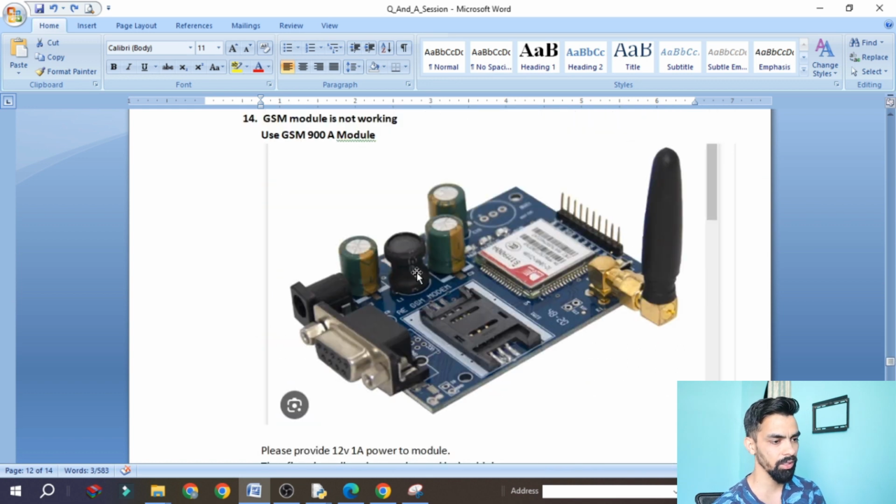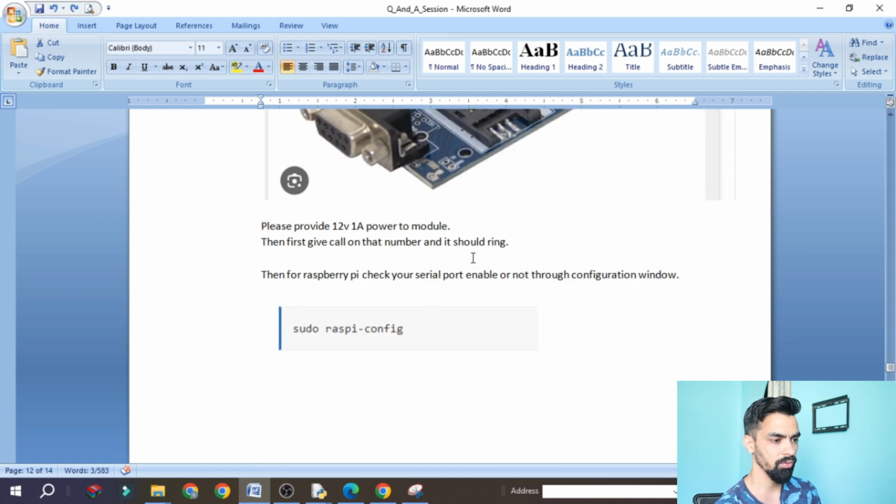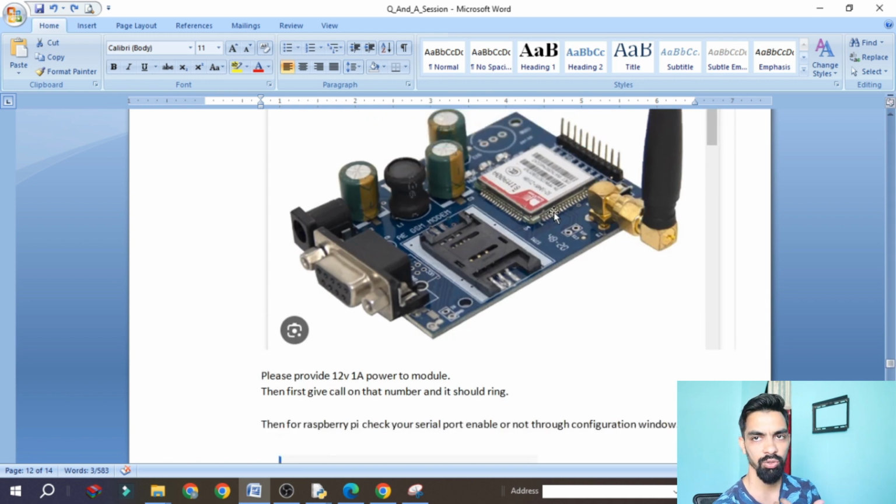And very important: when you connect that GSM module to your Arduino or Raspberry Pi, and once you place the SIM card into this slot, then please call that SIM card. Once you call that SIM card, you will get the ringing sound. That means the GSM module is working. If the call is not going through, that means your SIM card may have a fault. Or you are using a Jio SIM card, because Jio SIM card does not support this GSM module. Okay, so that may be the cause. So first ring that number, and you should hear the ring from that network. That means this GSM module has network range.